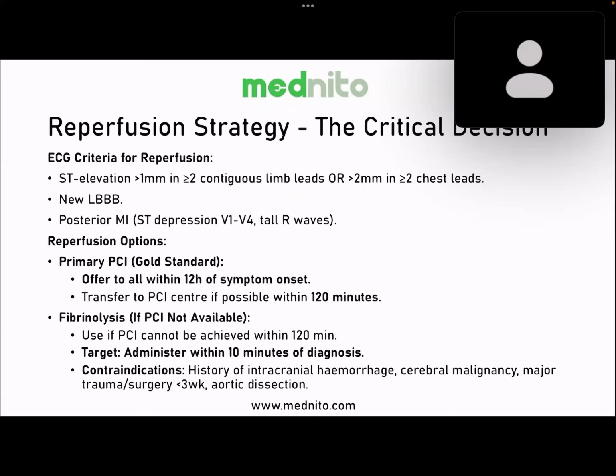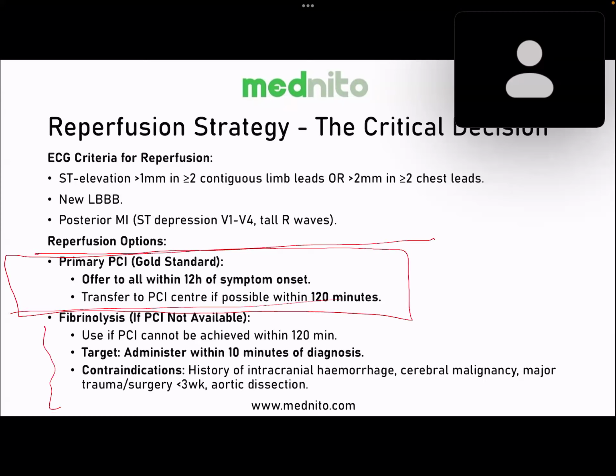Next, we talk about the reperfusion strategy if the patient has got ST segment elevation. I will have to tell you that percutaneous coronary intervention is the most important treatment for ST segment elevation. If I was a PLAB 1 student, I would take note of this. These are the two most important things the examiner wants to ask you. Everything else is MRCP part 1 and part 2.